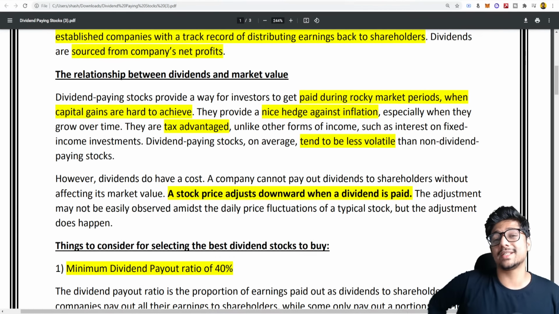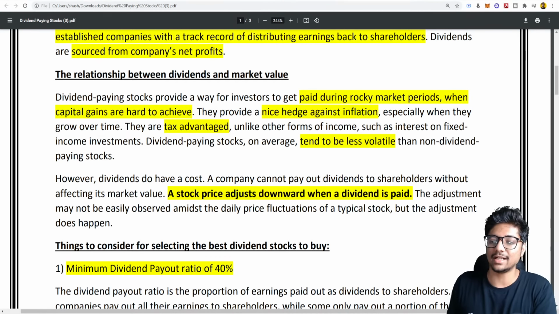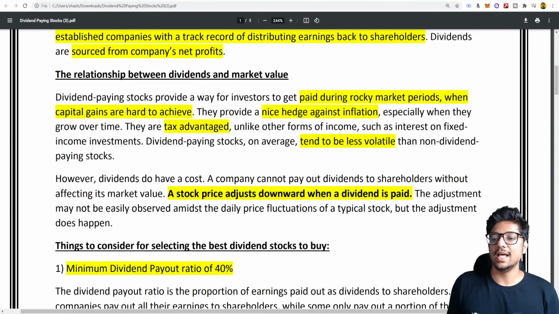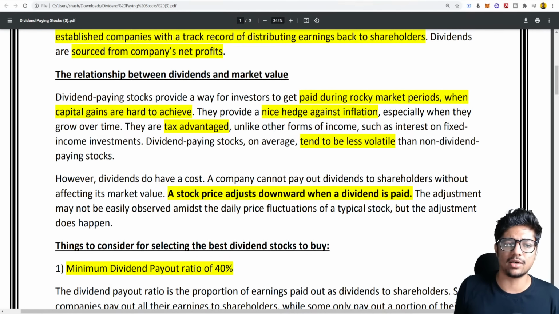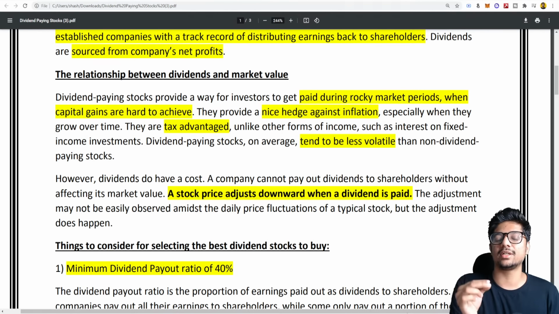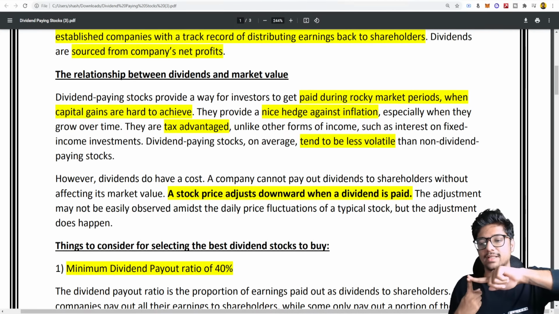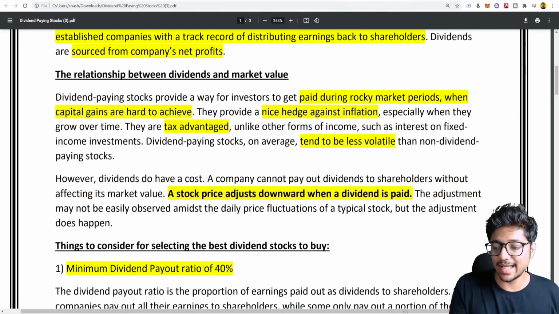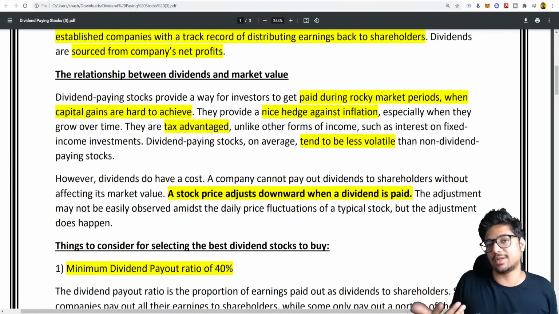Now there is also something called the ex-dividend date. Ex-dividend date is nothing but the date before which you have to buy the shares of that company. Simple stuff, right? You buy the shares of that company before that date, and you can keep them there. All the money keeps coming to your bank account whenever they start giving you dividends. But the stock price will slightly get adjusted downward when the dividend is paid. When they announce a dividend, the stock price goes up. After the dividend date, the stock price slightly goes down. So don't worry about that. It's not bad at all, because why does this logical thing happen? Because the money is going out of the company and into the shareholders. So this is why you need to understand it from that perspective.